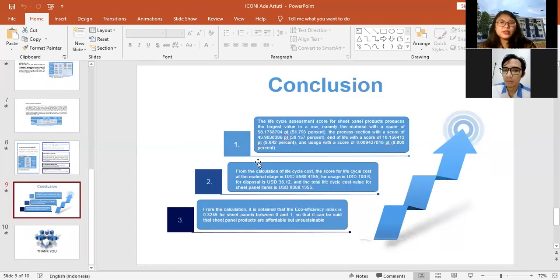Conclusion. We have three conclusions. The first is that the life cycle assessment score for the sheet panel product produces the largest values in a row, namely the material with a score of 51.793%, and the process section with a score of 39%. And then second, from the calculation of life cycle cost, the score for life cycle cost at the material stage is